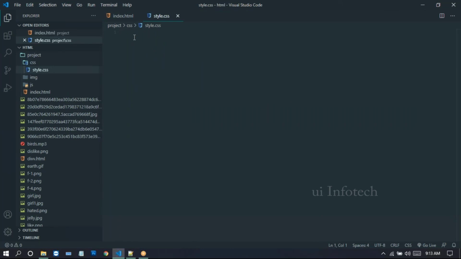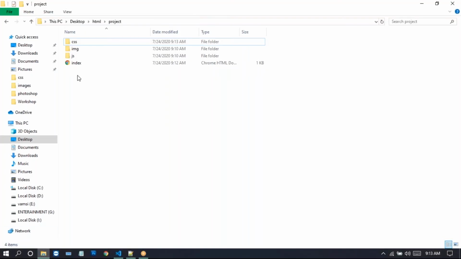I'm just writing style.css. Now the file is created, style.css. Now go to this folder. Now open this CSS. There you get the style.css here.